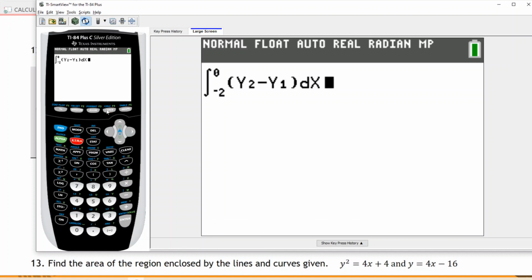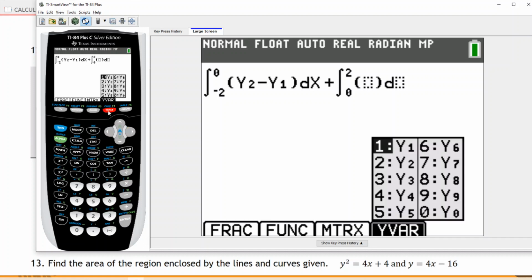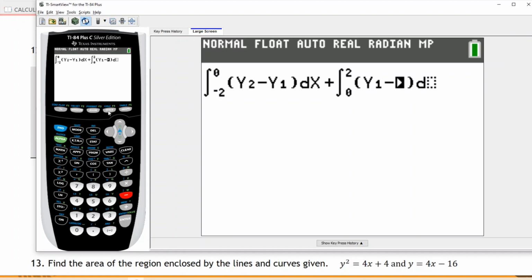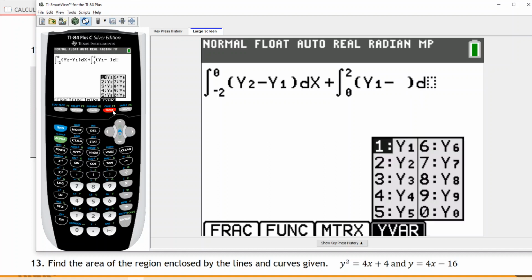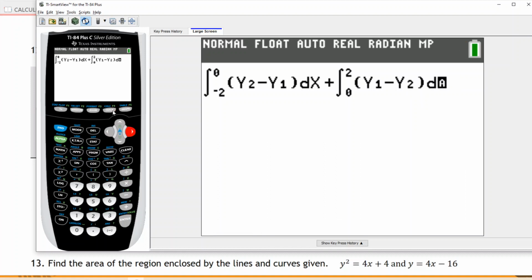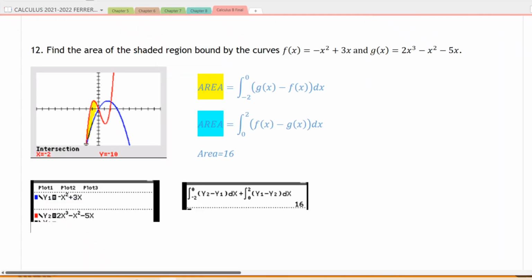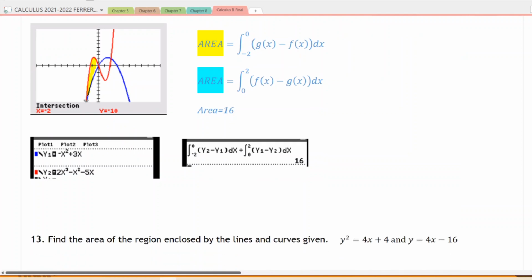dx. To that, we're going to add the integral from 0 to 2. And this time we're going to do the quadratic, which was in y1, minus the cubic, which was in y2 dx. And that should give us the result of 16. We'll just leave a couple of calculator notes, and we are on to the very last problem of this final